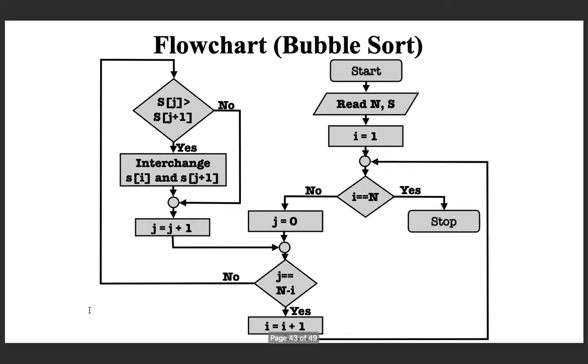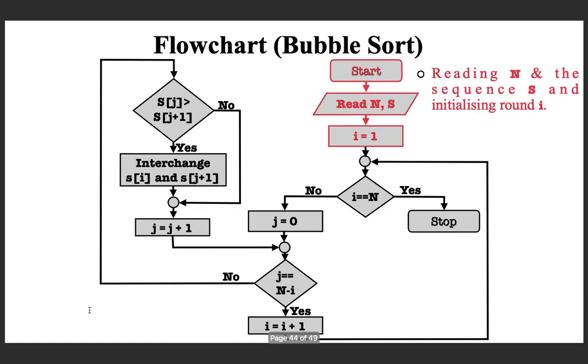Now we can proceed to the last example for this lecture, which is a flowchart representation of the bubble sort algorithm that we discussed in the previous lecture. And here is a flowchart representation. See what it is doing. Initially, it is reading the number of elements in the sequence and the sequence. Then it is initializing the round as 1. Note that we wanted to perform interchanging n minus 1 rounds, starting from 1 to n minus 1. That is why the round is initialized as 1.